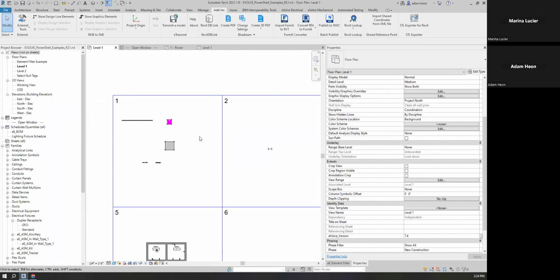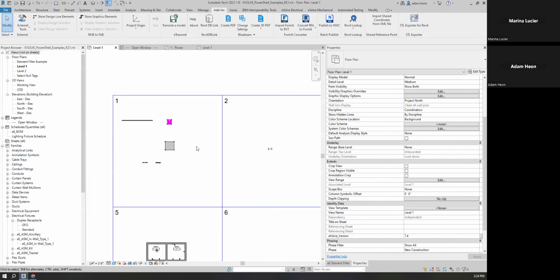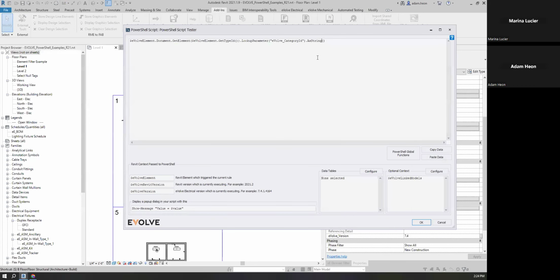So let's take this example of this light fixture, and let's just say I have some comments here. I wrote flange required in the comments field, and maybe I want to report the family and the comments field in a string. So I just want to put these two things together. So what I'm going to do here